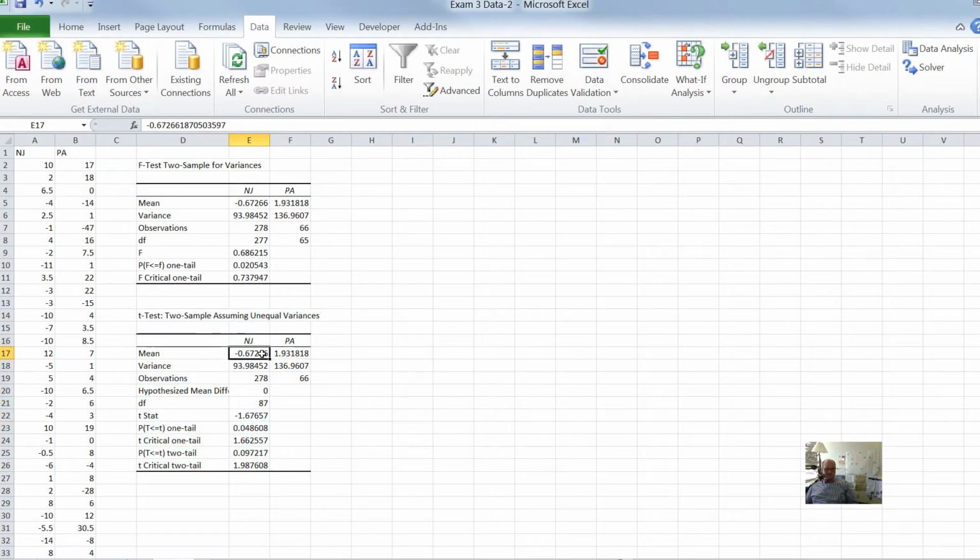Here's our means for New Jersey. So we have a negative 0.7. That means on average the store fired 2/3 of a person. In Pennsylvania, they hired almost 2 people on average during the same time period. Is this significantly different? Or is New Jersey significantly smaller in this case? Yes. There's a p-value of 0.04,